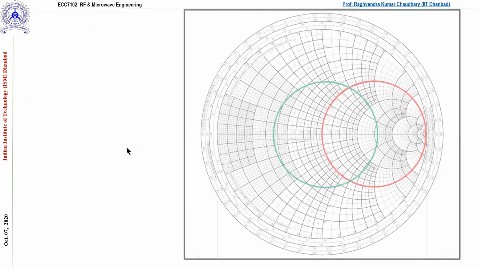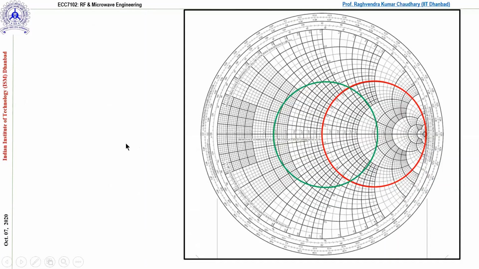Fine. Just a minute. So let us try to mark the things. Step by step I'm doing the things here. So first step, please see the things carefully. First we need to find the ZL bar, correct? Because the ZL is given here. So what you need to do is ZL by R naught. If you solve, you are getting 0.7 minus 0.95 J.